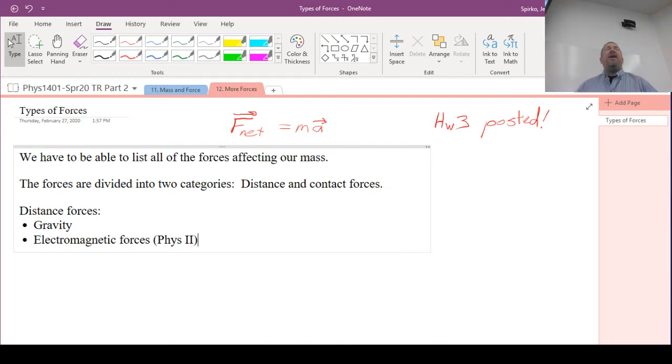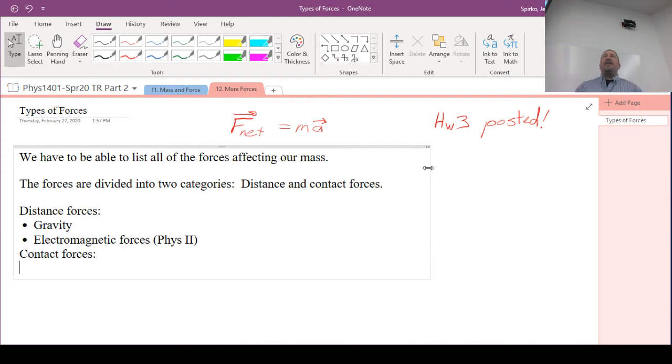And then we might have electromagnetic forces. Now, we will not have electromagnetic forces in Physics 1. We'll deal with them in Physics 2 if you take Physics 2. But I feel like I'm making a list, so I want to make a complete list, even if it contains a few things I don't need right now. So then we get to